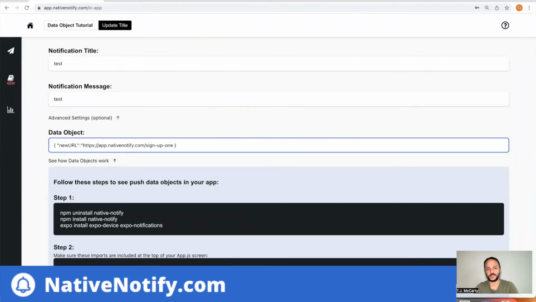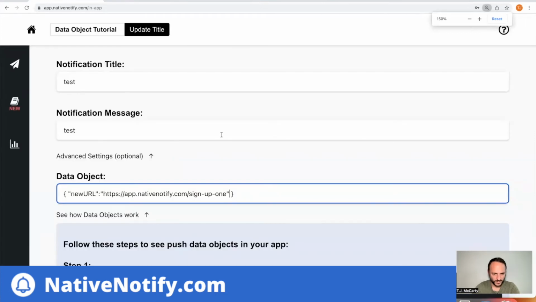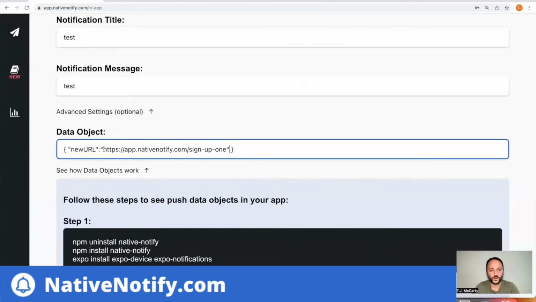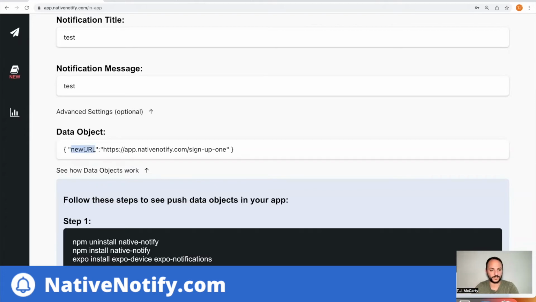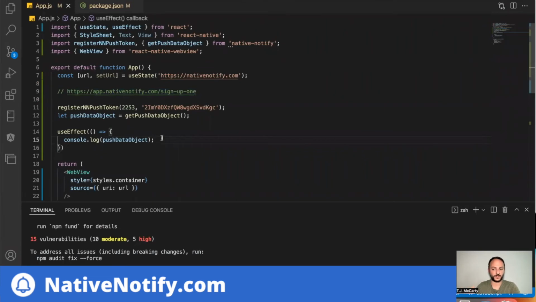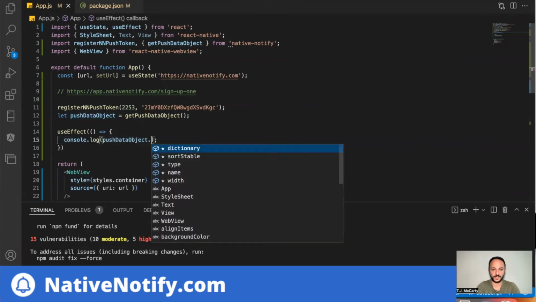And I'm going to paste that new URL here. This is where I want the user to go. And I'll make this a little bigger too. So this is where I want the user to go when they tap on the push notification. So what I need to do is look for this value, new URL. Whenever the user taps on the push notification, the value of that push data object will appear here, like this,